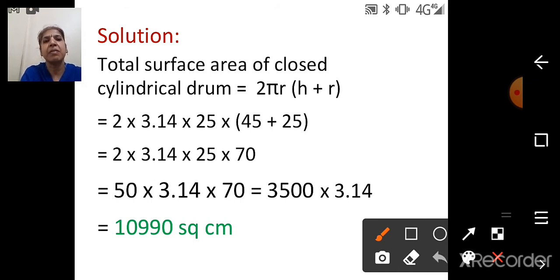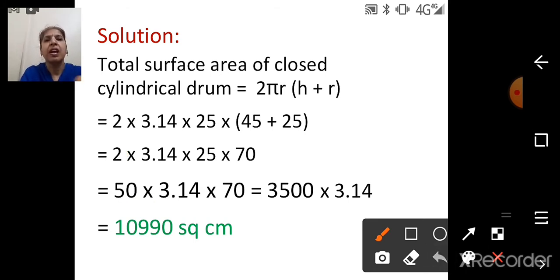And then what we will do? We will start multiplying. Now children, you have 4 values to multiply. So it depends on you. You multiply 2 with 3.14, then 25, then 70. Get the answers. All 4 values are there. You can choose the 2 simpler ones. So what I have done? I have done 2 multiplied with 25. So we know 2 25s are 50. Right? And then I have written the other values.